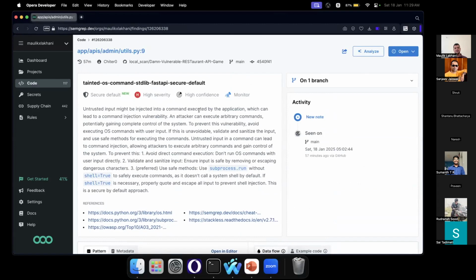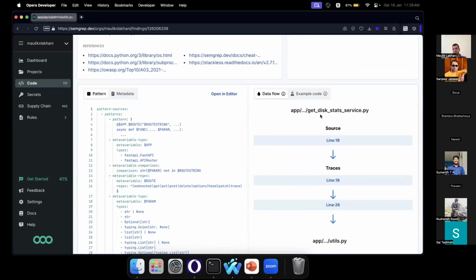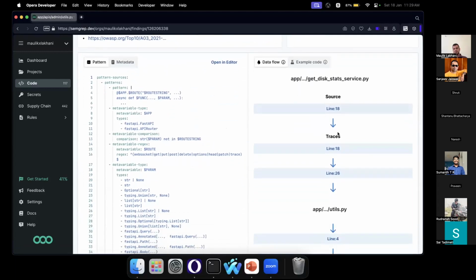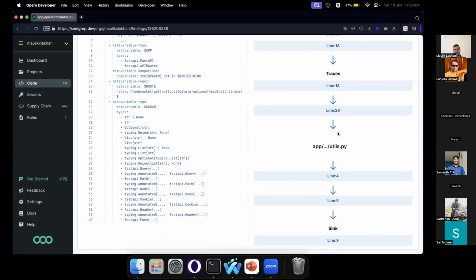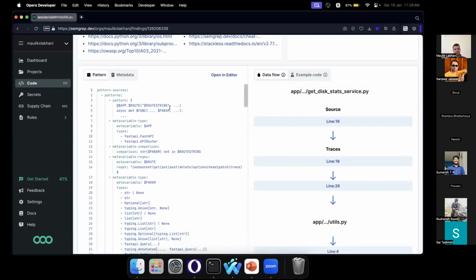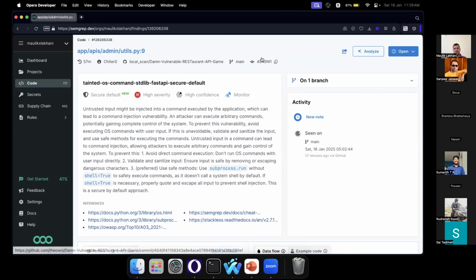It does not copy or read your source code, so that way your source code is secure. It runs the rules on the machine, and only the results, the text and the summary, which is not copying your source code, are sent. So your source code is not copied at all, but it gives you a summary of what the security issue is. It also performs source to sink trace scans. It does not give you the source code here, but basically you can click and then try that tool.